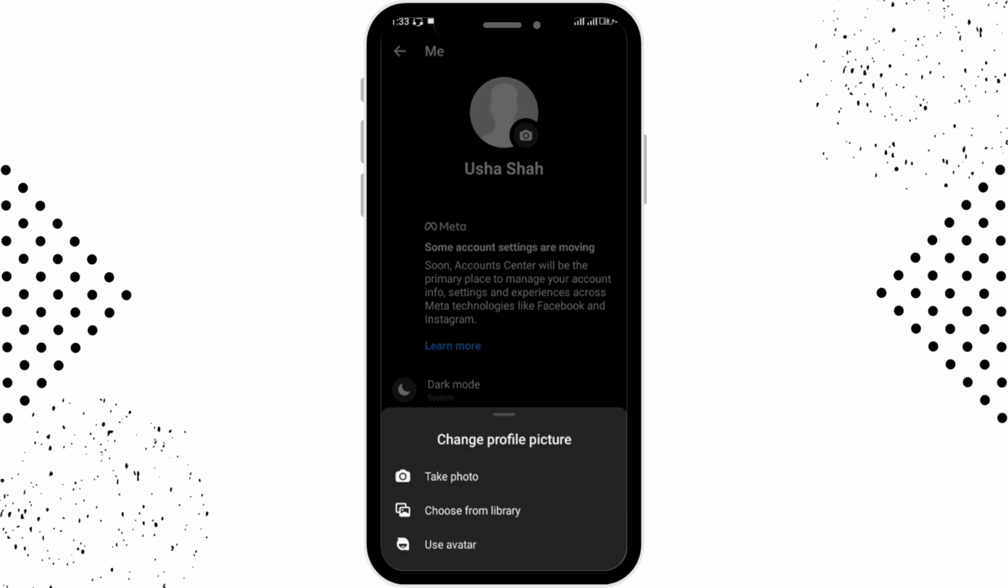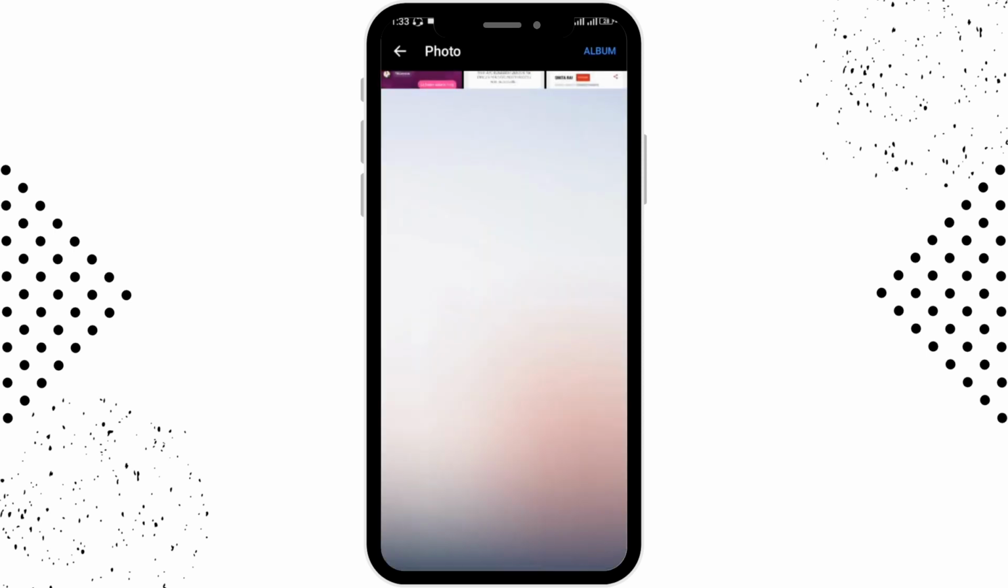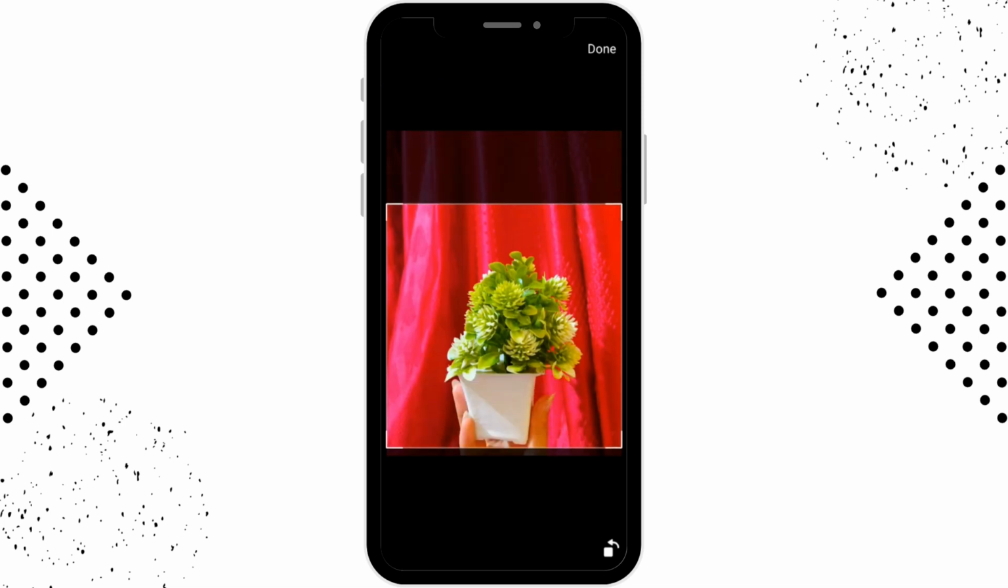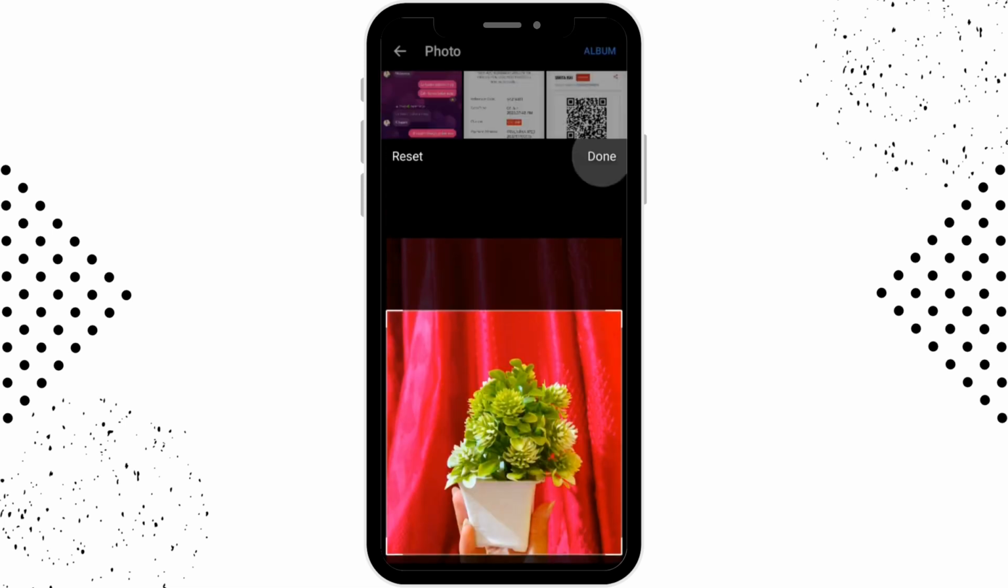And there are 3 options. You can either take a photo or choose from library, or you can also use the avatar. So let us choose from a gallery, and here you can select any of the photo that you want to upload on your Messenger. You can also adjust the photo, and by doing that you can tap on done option,